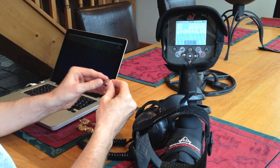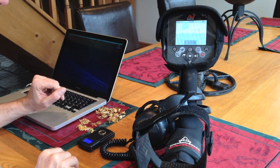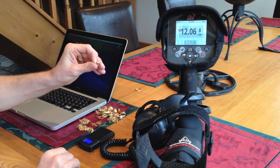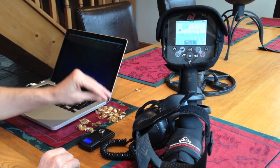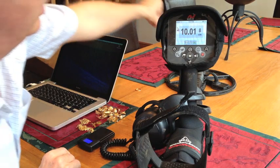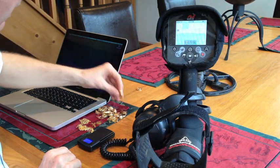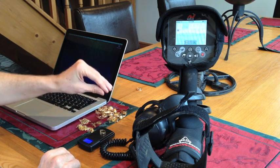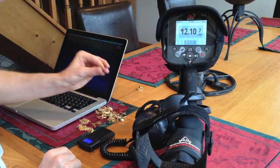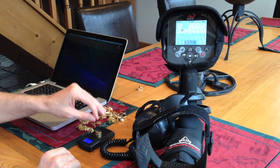Okay, first off, we've got a little wedding ring, 18 carat, 1.2 grams, 1206. A little fancy thing with a pearl and some turquoise, 18 carat, 1.1 grams, 12.02. They do jump about a bit sometimes, these. Little signet ring, 18 carat, 2.4 grams, 12.10. Little, I don't know what you'd call that, it's got a couple of little rubies in it, 18 carat, 2.4 grams,